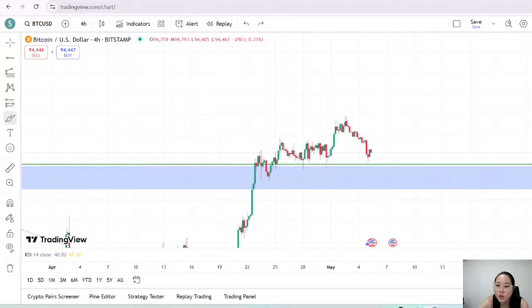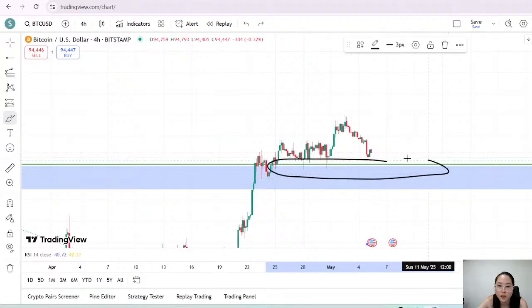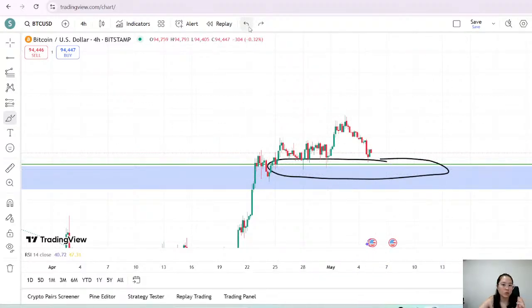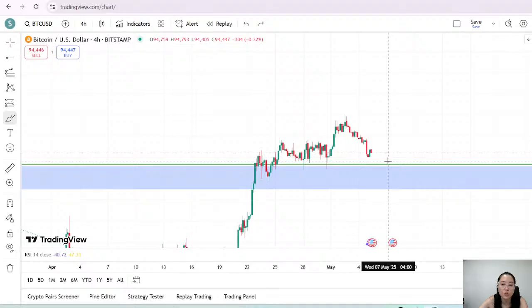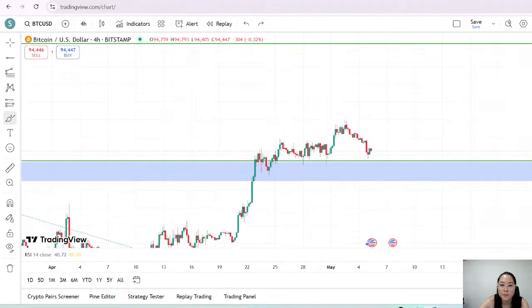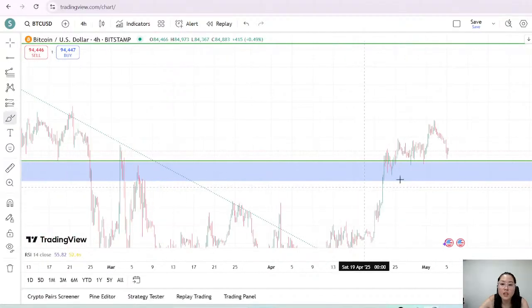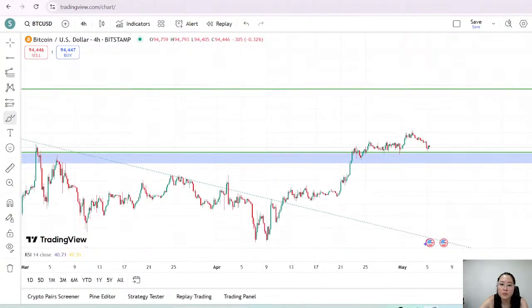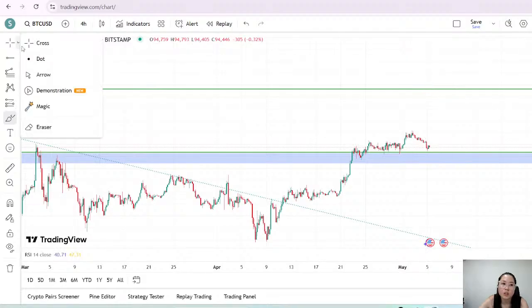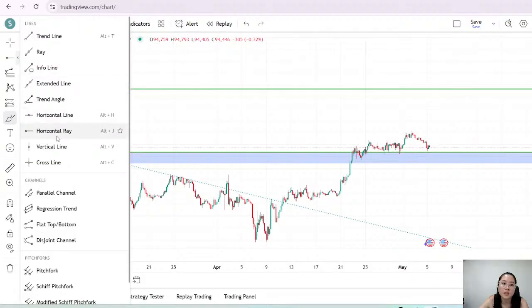93359 area, 93360 area is a very important area. Okay, so this is a very important area. Anytime price comes here, I want to take note. I want to think, okay, should I get in for a buy? Right? Anytime price comes to this area, I would wonder if this is a good opportunity to get in for a buy. Okay, so I think we are all in consensus that Bitcoin is on an uptrend.